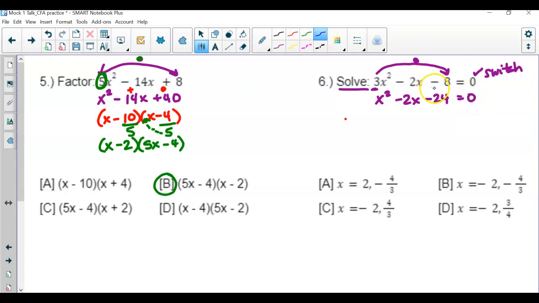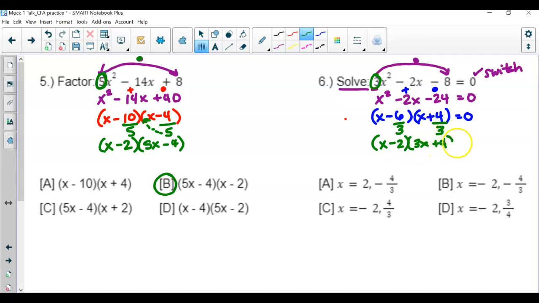Now we can go through and factor: what numbers multiply to get you negative 24 and add to get you negative 2? So here you should get negative 6 and positive 4. They will multiply to get you that negative 24 and add to get you negative 2. Remember, still equal to 0. Now, does this mean this is our answer? No. So now I need to go through here and still, whatever we multiply by, now we need to divide by 3. Now I've got 6 divided by 3, which is 2, so x minus 2, and then bottoms up,